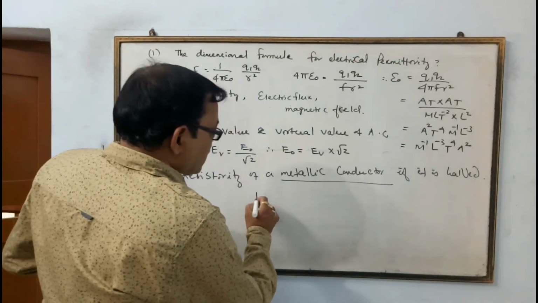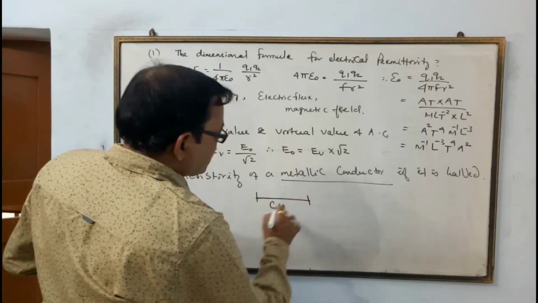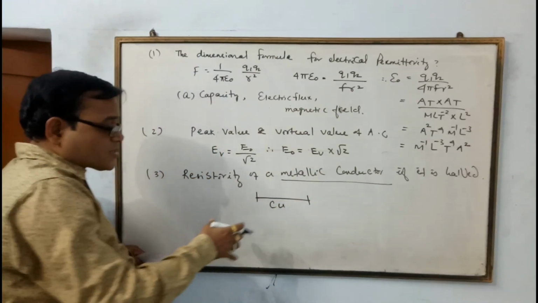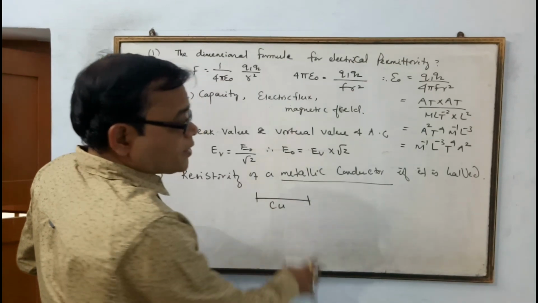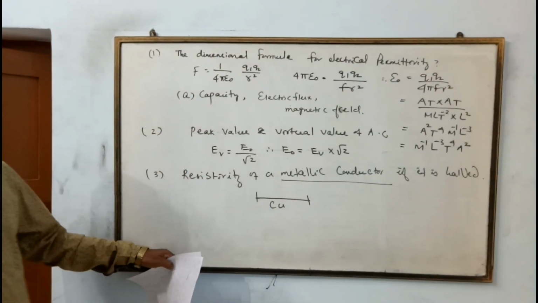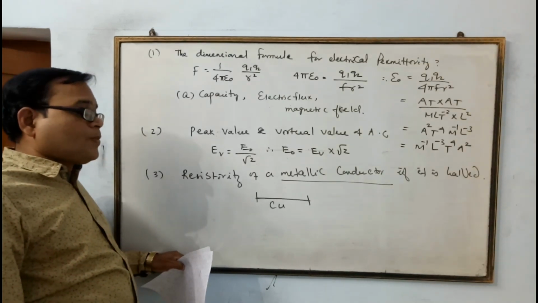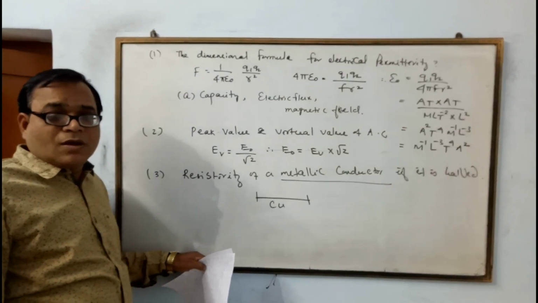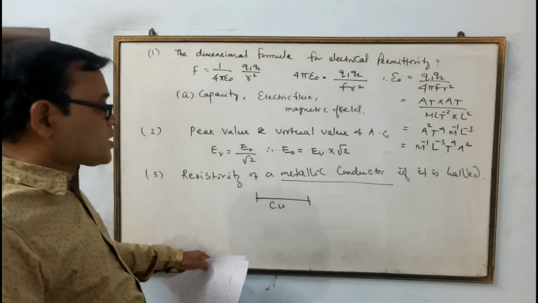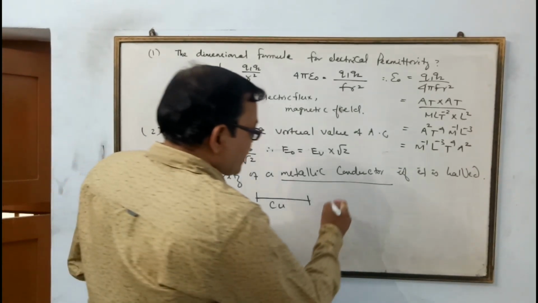Suppose a conductor is made of copper. If it is divided into 2 parts or into 4 parts, we will find that the copper will not change into iron or some other material. That's why the resistivity will remain constant,